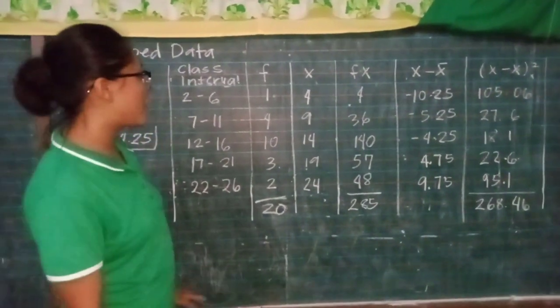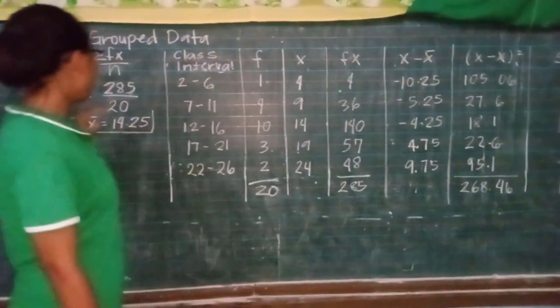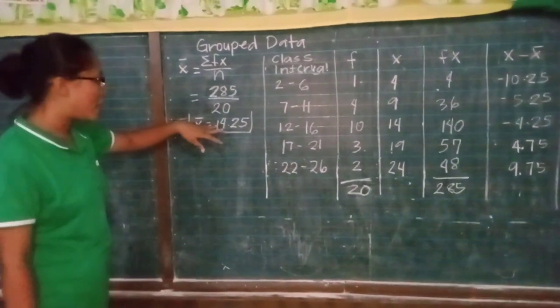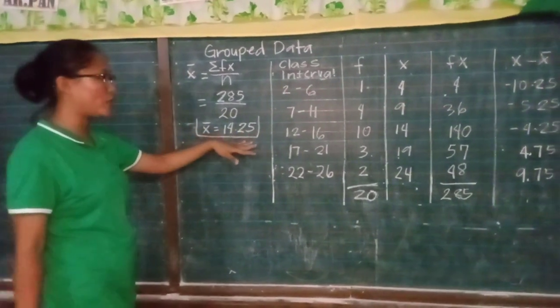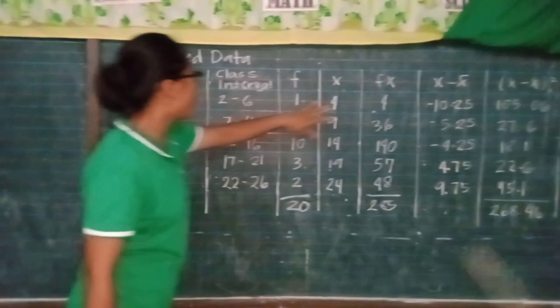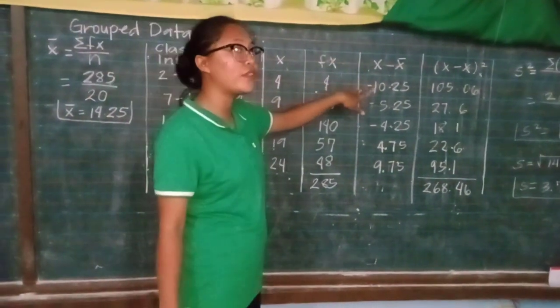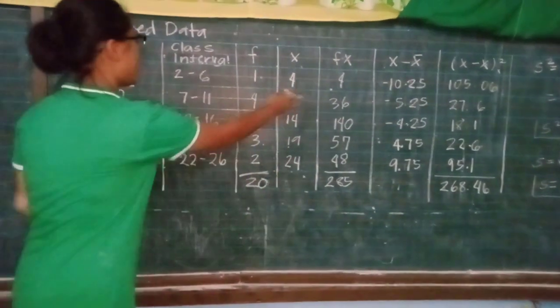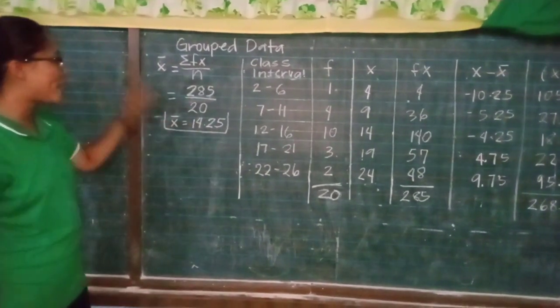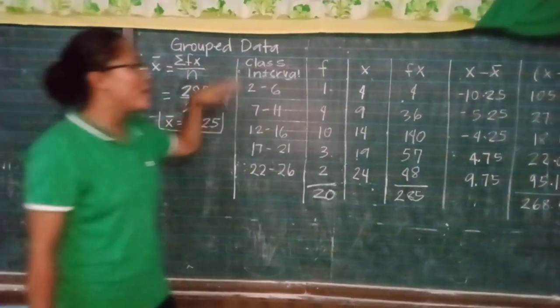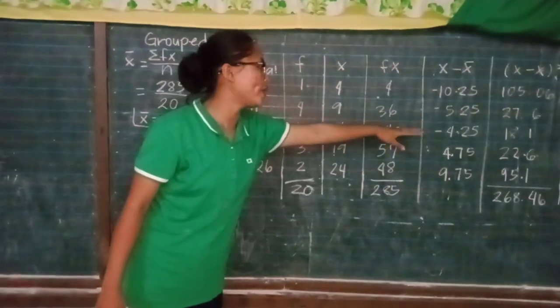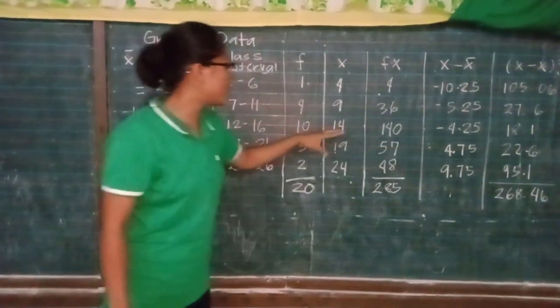And now we will proceed to this column, our x minus mean. We will subtract our x to our mean, which is 14.25. 4 minus 14.25 is equal to negative 10.25. 36